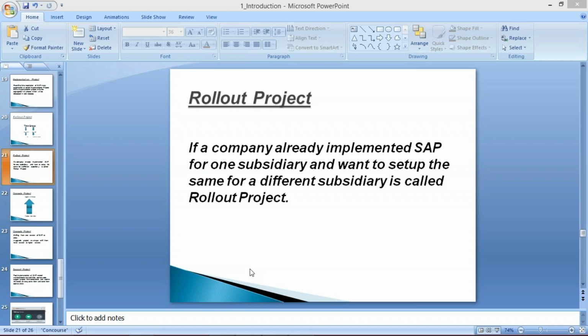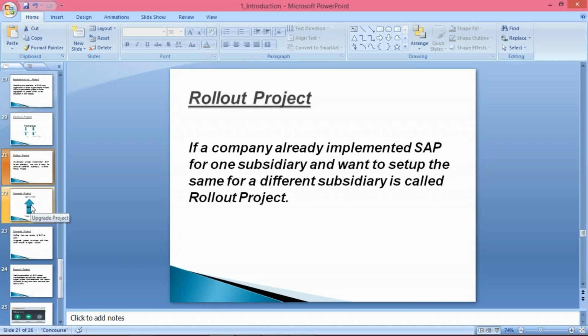So now, as I said, rollout project means the same installation of SAP for a different subsidiary, under the same group company but for a different subsidiary. That is called a rollout project. Now look at the next project. The next one is called